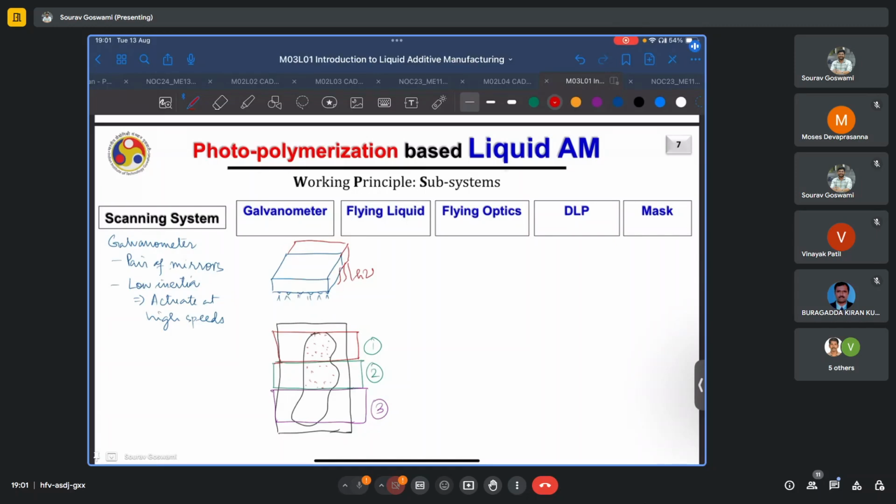Again, the optics can be flying. That is, the liquid remains stationary in the vat, whereas the optics or the laser or the UV floodlight itself is moving over the entire region. It can also be DLP based. DLP stands for digital light processing,